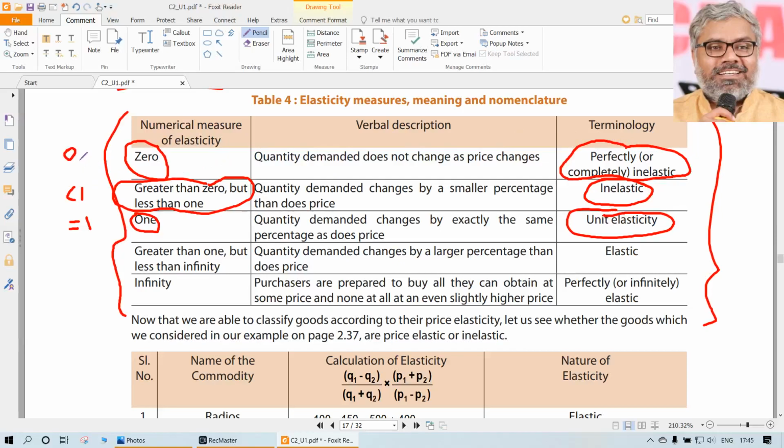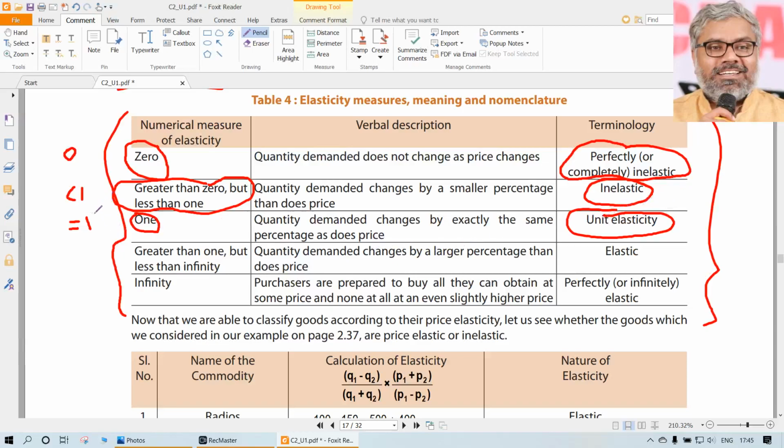What if the price elasticity is 0? That means the quantity demanded does not change at all according to the prices, which means the product is completely inelastic. Irrespective of the price, the quantity demanded is going to be constant. So what if the price elasticity is less than 1 but greater than 0? Greater than 0 means definitely we cannot say it is perfectly inelastic. It is a little bit elastic but not that much elastic. So we can call that relatively inelastic, but not perfectly inelastic, or we can just use the word inelastic.